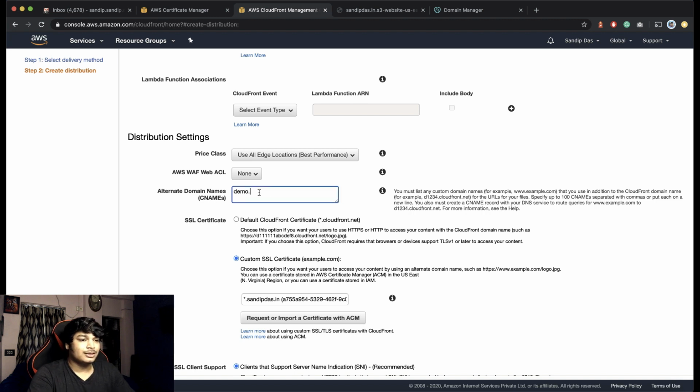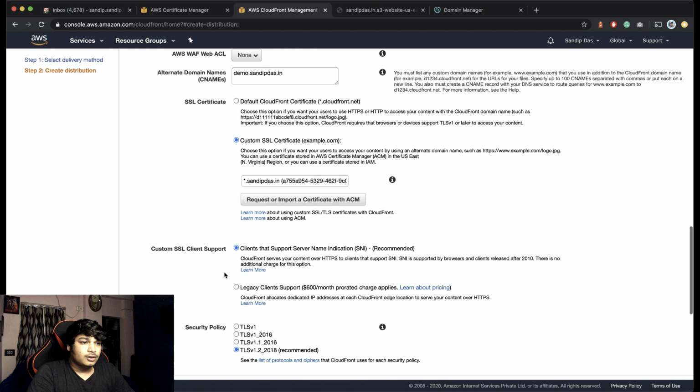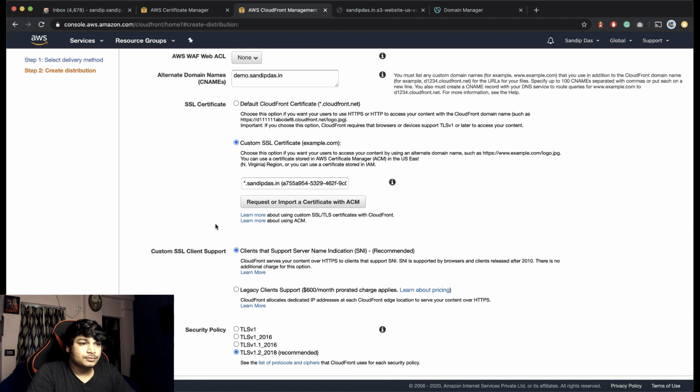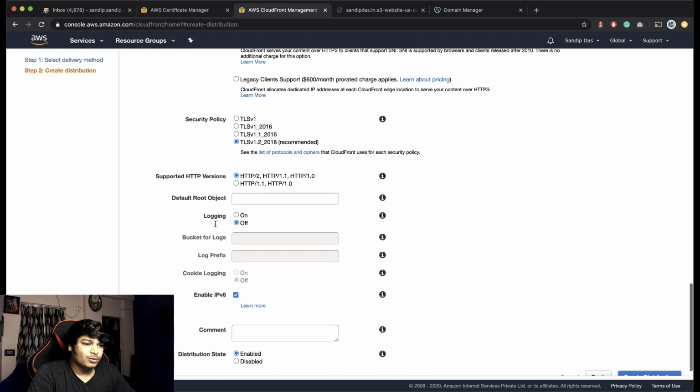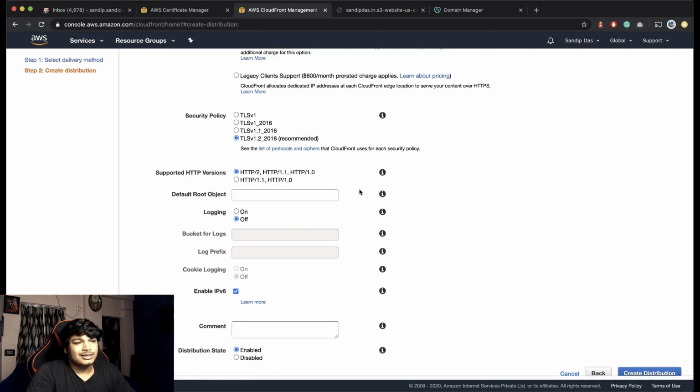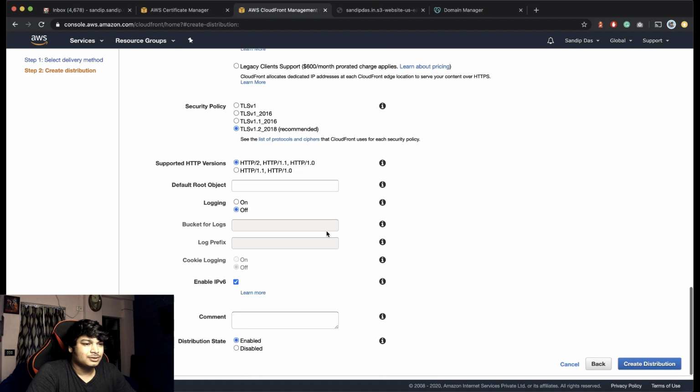So let's say it's demo.sandeepdas.in. Okay, domain names done. We can go with the defaults. If you have any particular requirement, you can always change here. Not a big deal. Okay, create distribution.